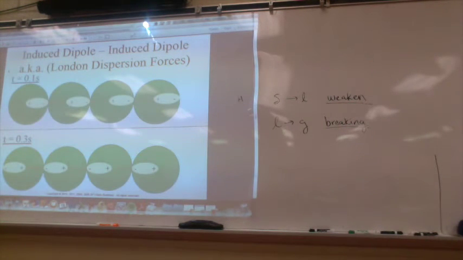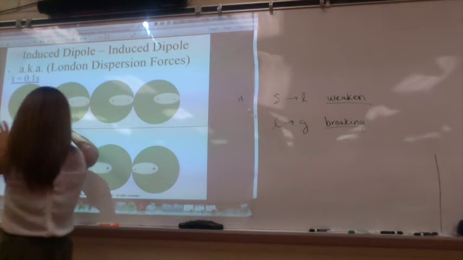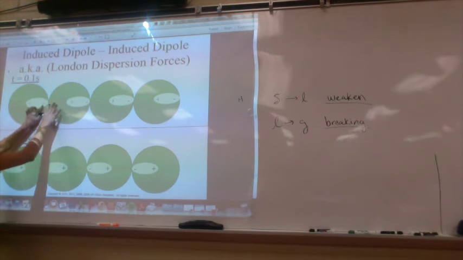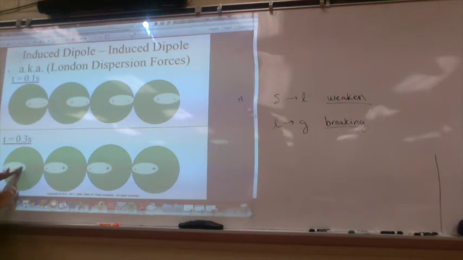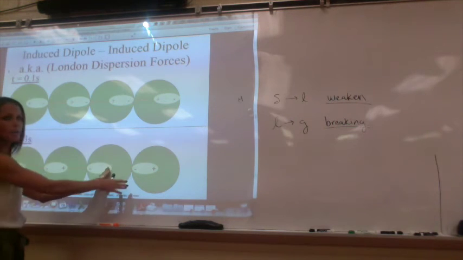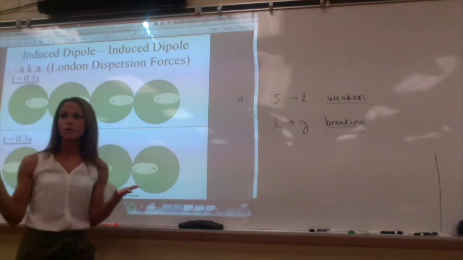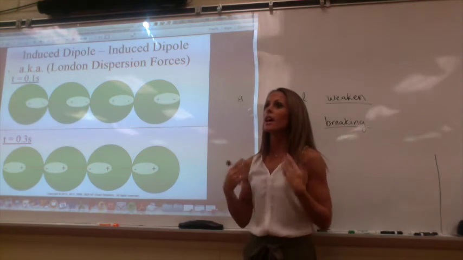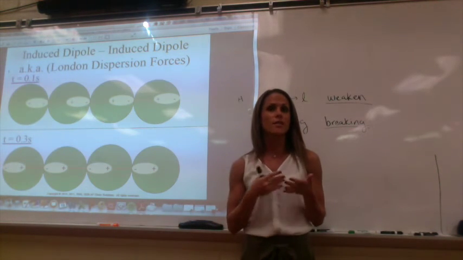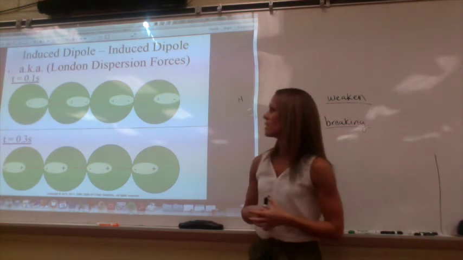So in an induced dipole moment, you can see that at 0.1 seconds, all of these will line themselves up with this minus, plus, minus, plus, minus, plus. At the next moment, it'll line up the other way, plus, minus, plus, minus, plus, minus. So it's kind of like constant little pulls. It's not a strong force of attraction at all, right? It's the weakest one that we have, but it accounts for how some molecules stay connected to one another and not just constantly in that gas phase.